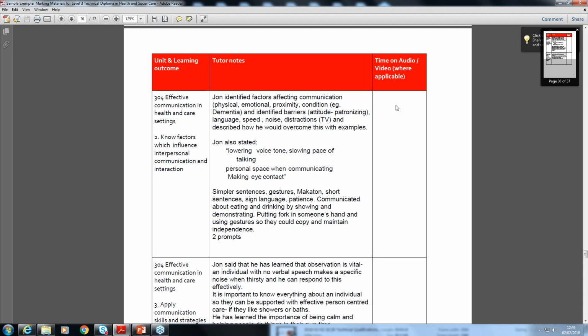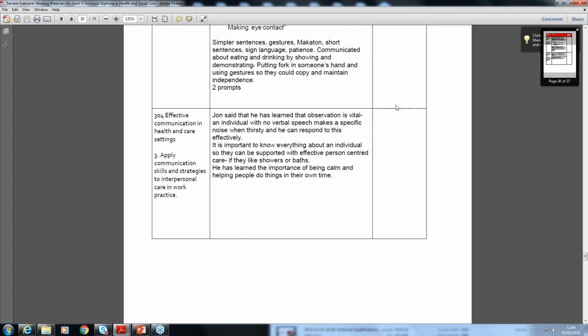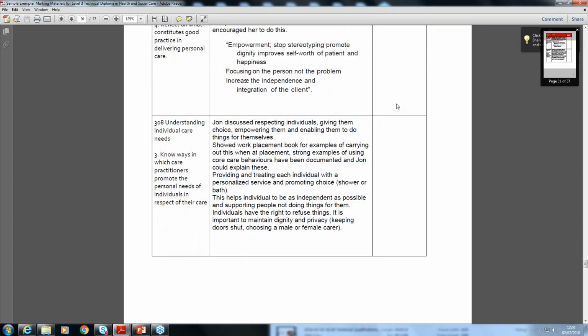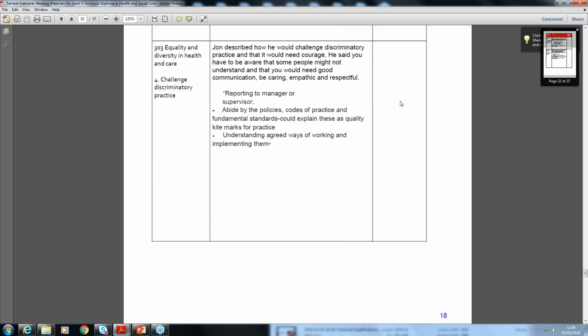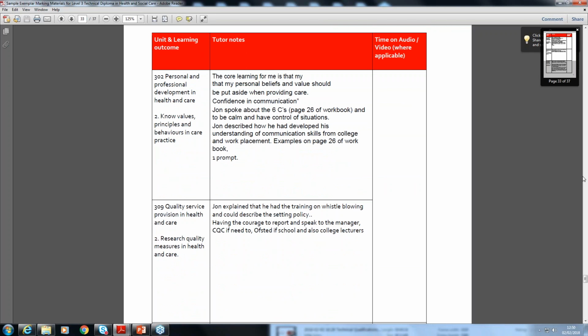Also on page 19, you'll see that in the first section, we'll get to that in a minute. Here we are. You can see on the fifth line down, reference has been made to page 26 of the workbook.